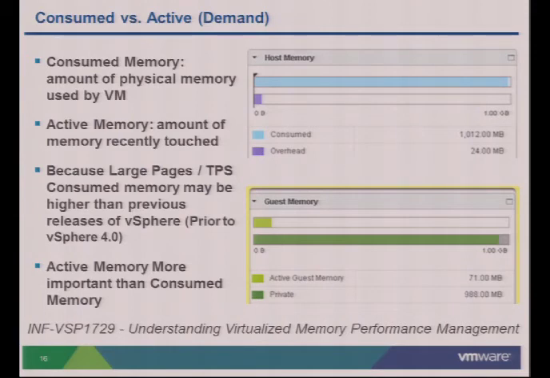But there is a talk, unfortunately, it goes on exactly at the same time as this talk, but you'll have to get the slides later. Down there at the bottom, very good talk that goes into a lot more detail about the memory management capabilities in vSphere. But the key point that I wanted to make sure you knew is that